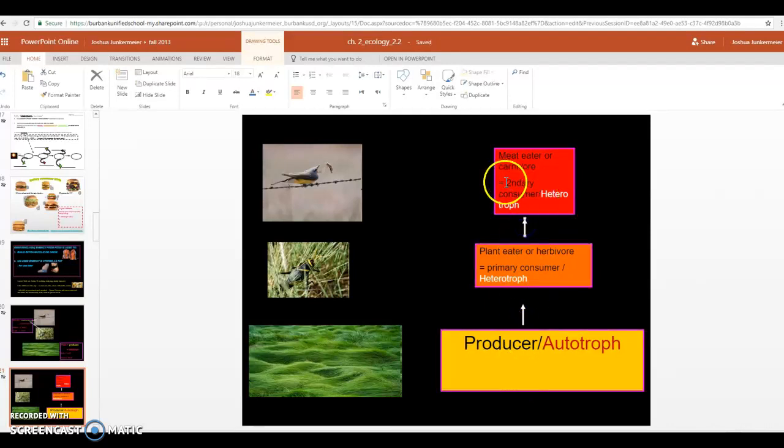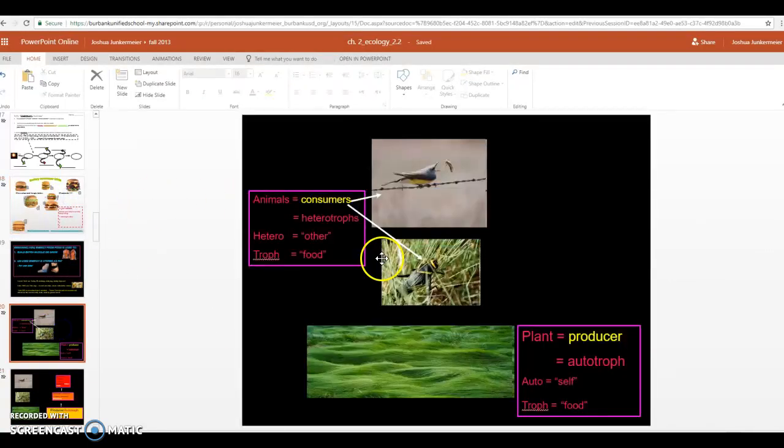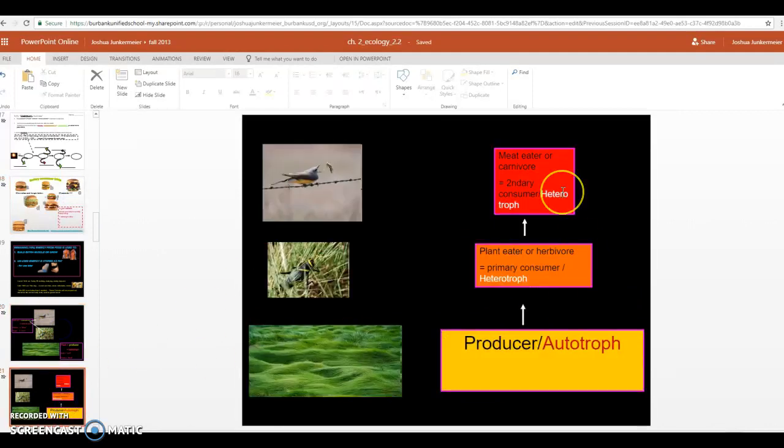And the second word I really want us to learn is that any carnivores, any organisms like this bird that eats another animal, or humans eating our hamburgers, right? So if we're eating these burgers, we're eating other animals, right? So on slide 21, we refer to ourselves as secondary consumers. So we're a specific type of heterotroph called a secondary consumer. All right. So in your notebook, we would see this pyramid with arrows showing energy transfer to each level, okay?